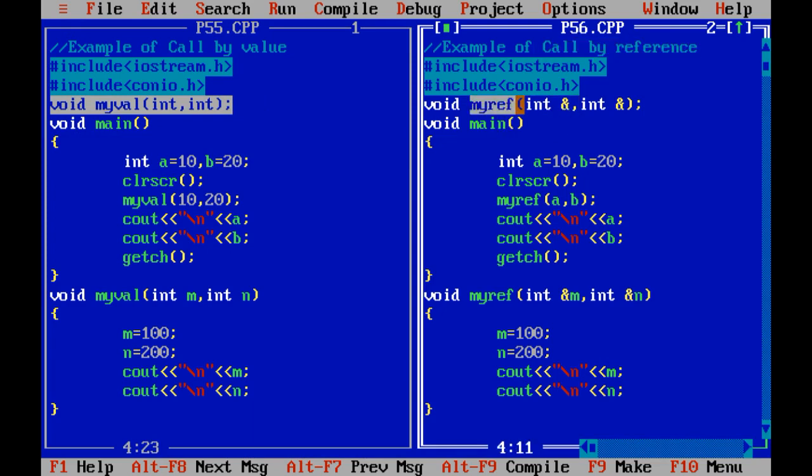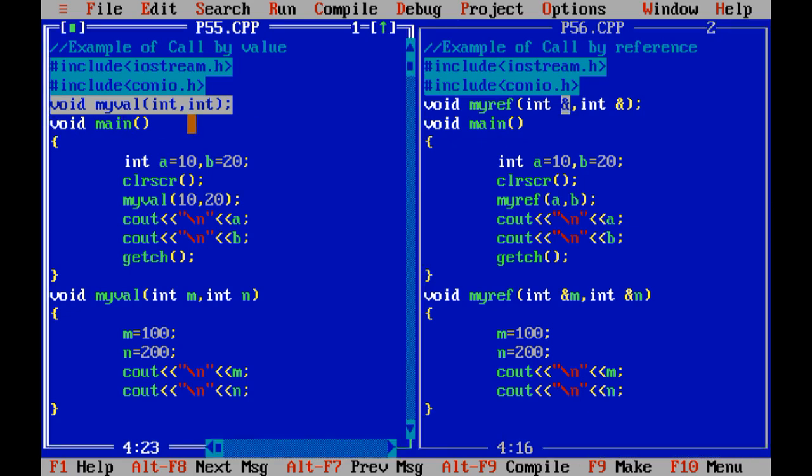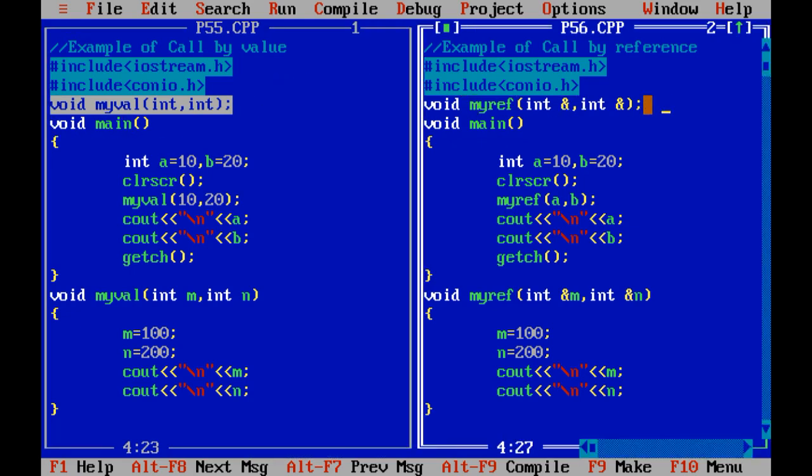So what is the use of passing reference? When you want to store the address of that particular variable, or we can say when you want to pass the address of a variable, at that time you can use the reference variable. The operator which is used to pass the reference is ampersand variable, right? So this symbol you can use to catch the address of a variable.